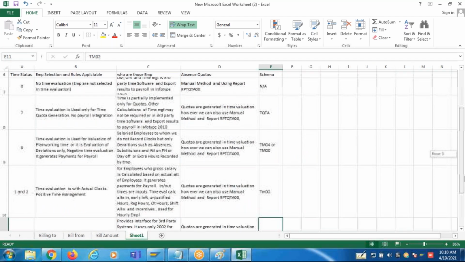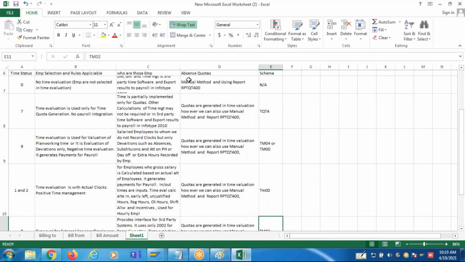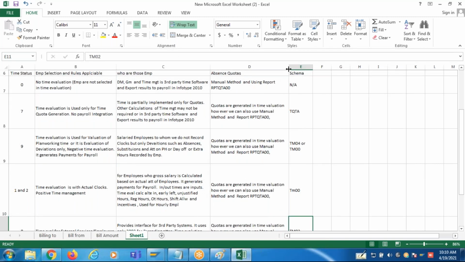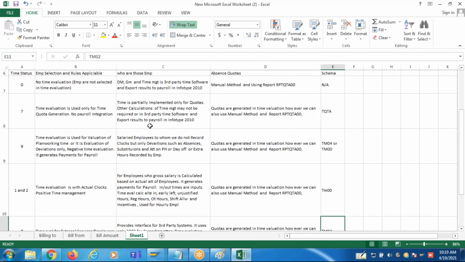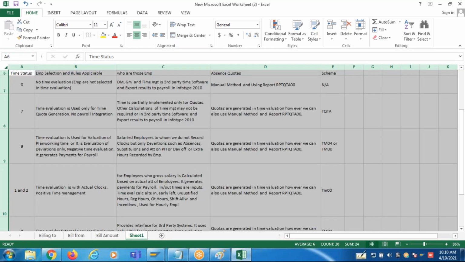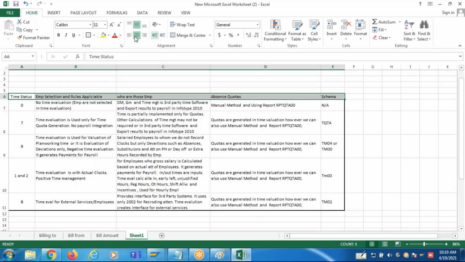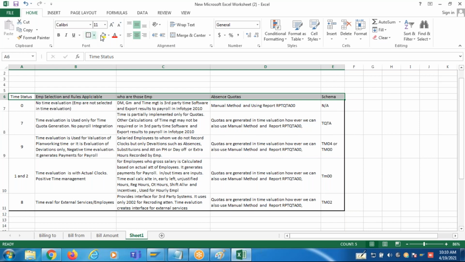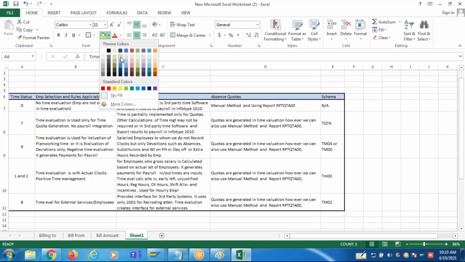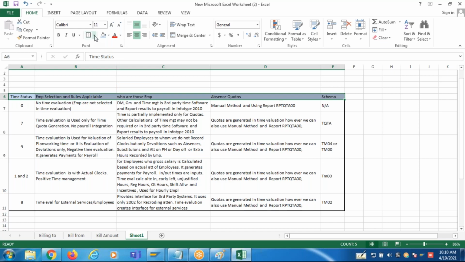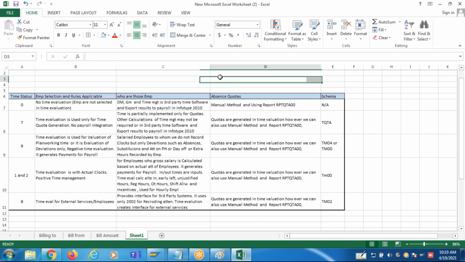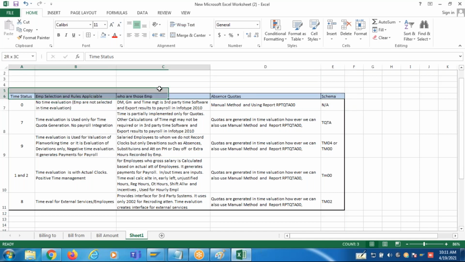Take this table screenshot. So when you use the time status, it will identify whether this employee has to be selected in payroll or time evaluation or not.